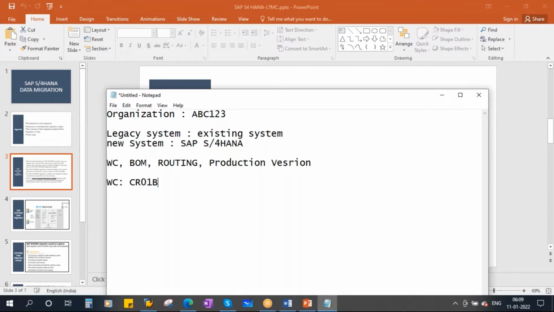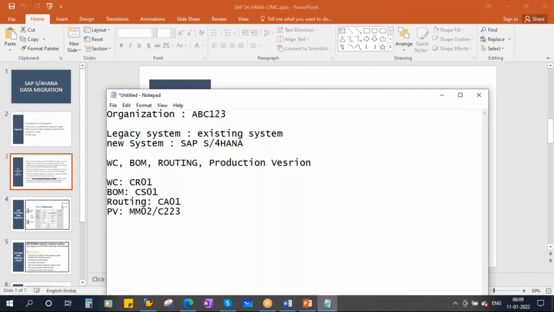If you take BOM, we created BOM using transaction CS01, BOM for a single product. And routing, we created for a single product using CA01. Production version we created through MM02 or C223.